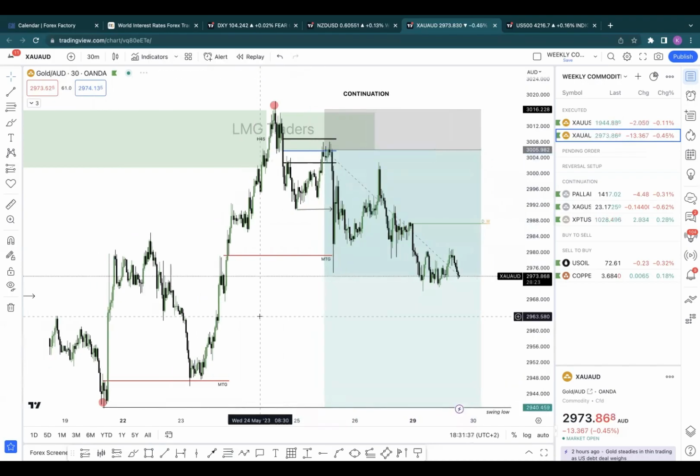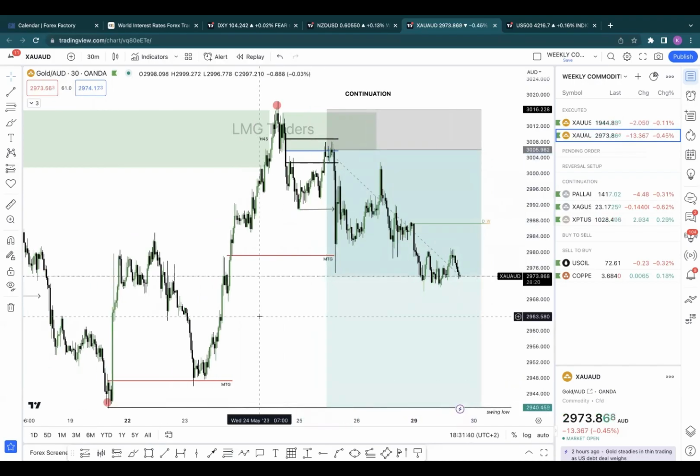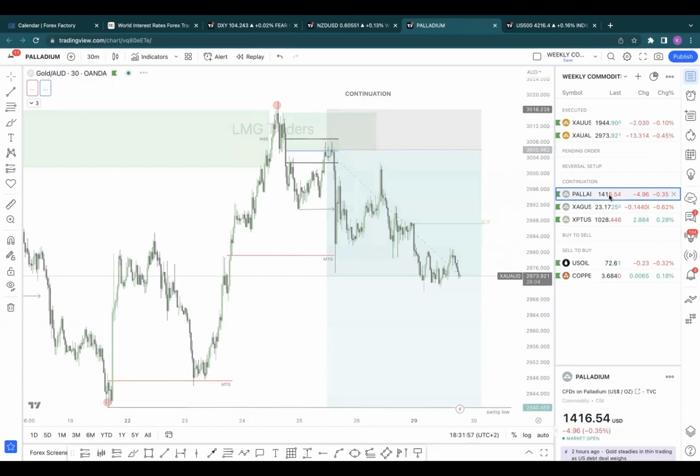So I'm quite bearish on the commodities. Obviously, as the dollar is gaining strength, we'll see the commodities actually weakening, which is currently happening at the moment, which is gold. We're seeing it on gold, we're seeing it on silver, and also gold AUD. And then for other setups that we do have, I'm anticipating